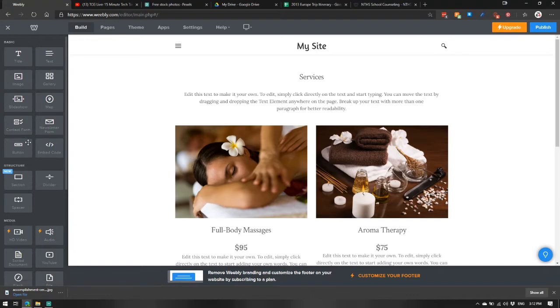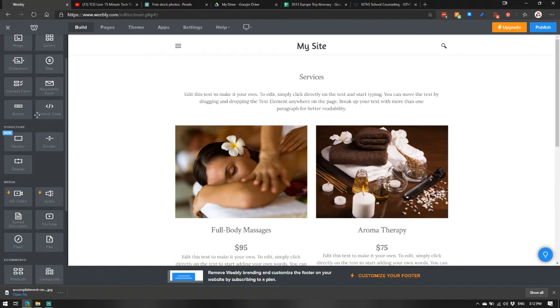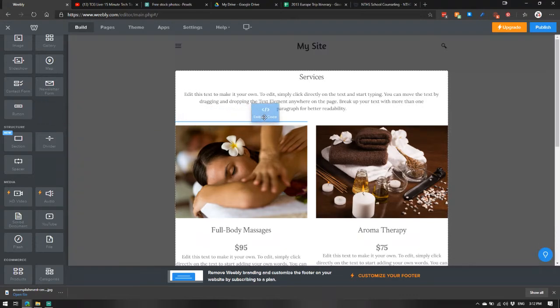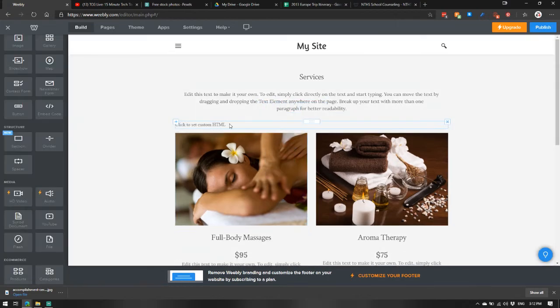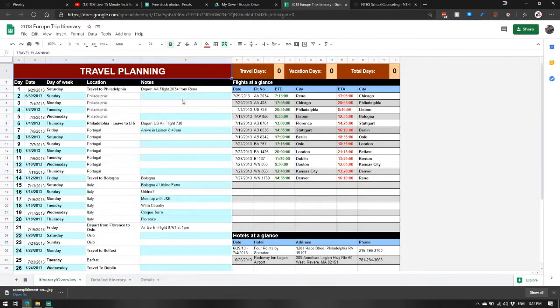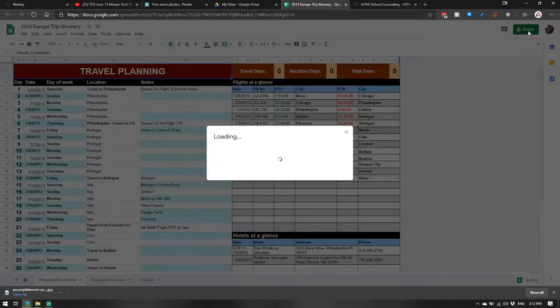The last couple things that I'll show you before kind of showing you my website in the last few minutes of our time together today is there's two really cool features that I like to use within Weebly itself. That's a little more advanced, but very powerful. One of them is this thing called Embed Code. Embed Code is something that sounds pretty techy, and it can be, but basically it lets you set this. HTML is how people write code for their websites. If I wanted to embed, I pulled up a really long time ago itinerary that my wife and I took when we went to Europe. All right, so if I wanted to share this,